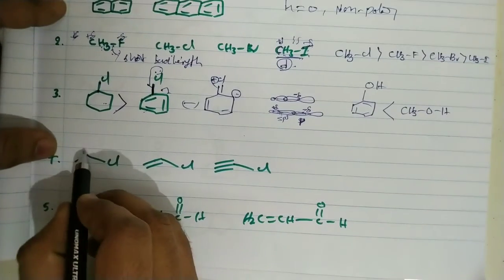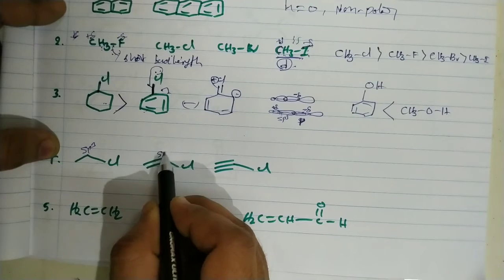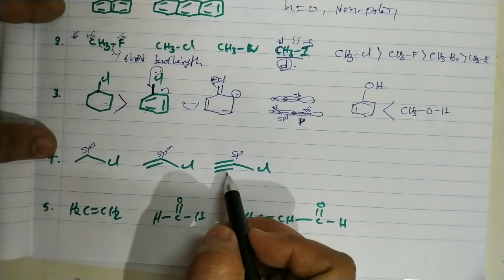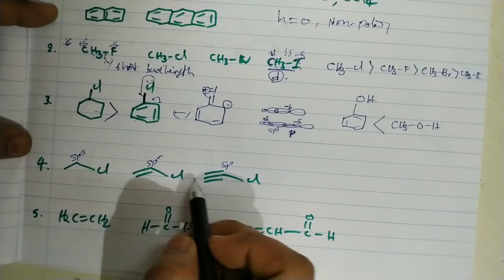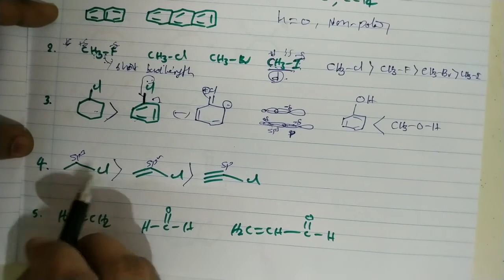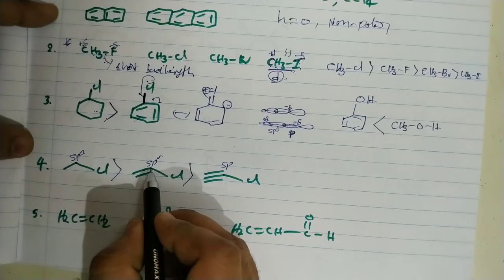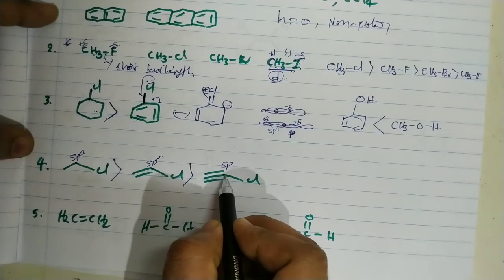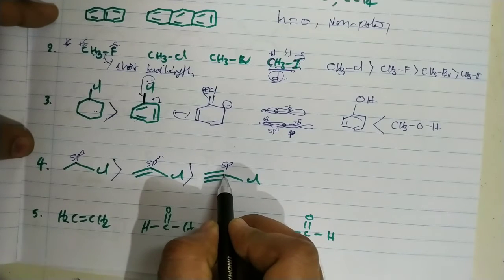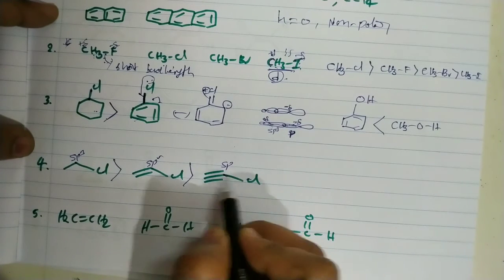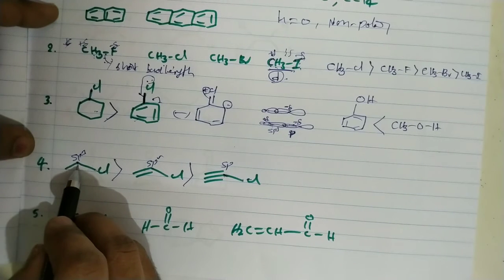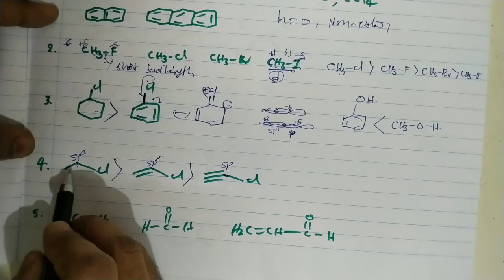See this one. This is the sp3 carbon, this is the sp2 carbon, and here is the sp carbon. With increasing s character, electronegativity increases. So here the dipole moment actually decreases because the carbon is less electronegative, here it is more electronegative, and here also a more electronegative atom. This is somewhat more electronegative than nitrogen. That means the carbon-chlorine bond is much less polar because of the very small electronegativity difference. But here there is a larger electronegativity difference because the sp3 carbon is a much less electronegative carbon.